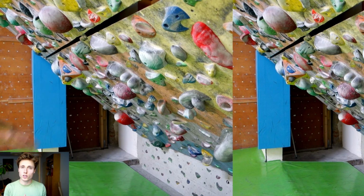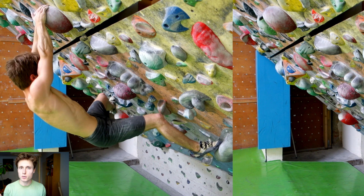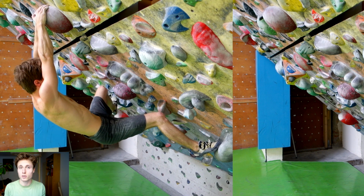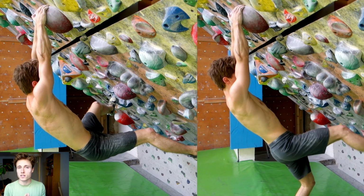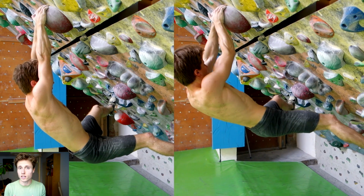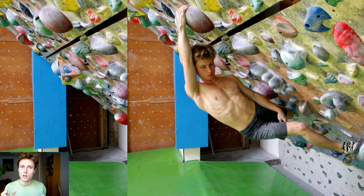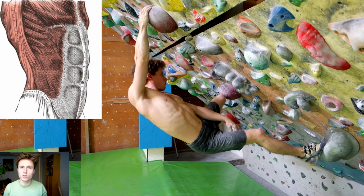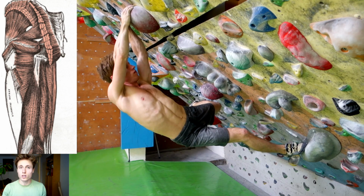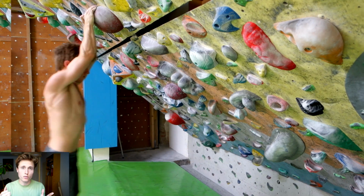But what about overhangs? Let's compare these two guys. The left one, the first climber, executes a frontal body position again. As you can see, he's quite flexible in the hips, but that doesn't help him much to keep his body tight, keep his body close to the wall, because in this terrain he needs something else called body strength. The second guy executes the drop knee again. And as you can see, he has it much easier to keep his center of gravity close to the wall, because this technique allows him to use stronger muscle groups like lateral abs, but also hamstrings in the legs to keep his body tight. And in a frontal position, this task has to be almost solely performed by back and